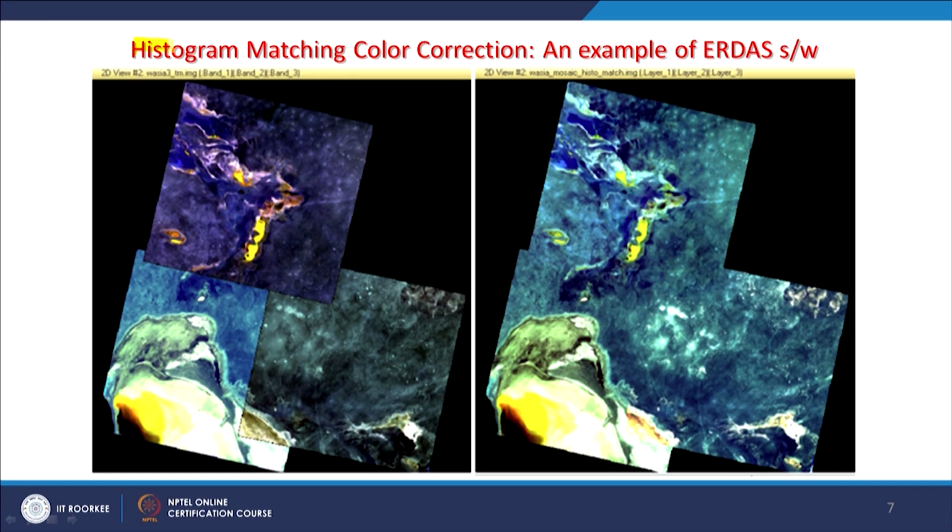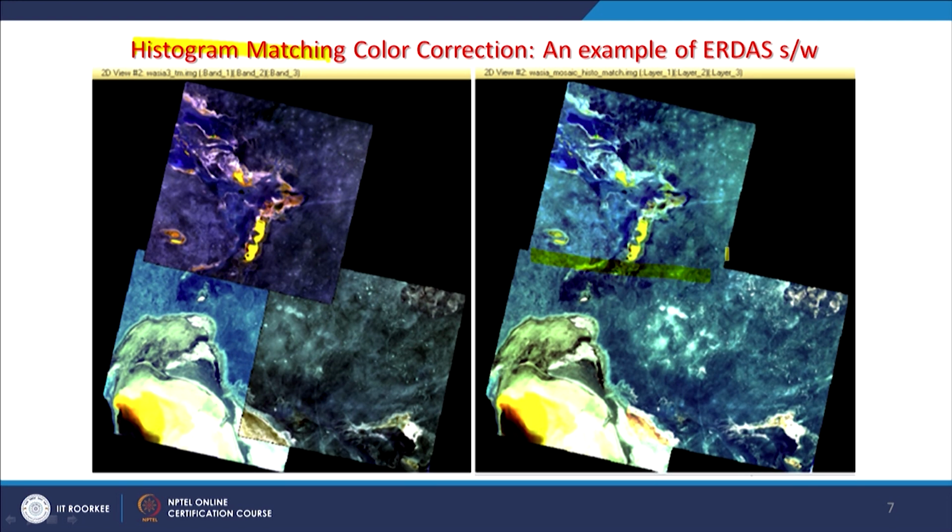So, the technique here is histogram matching, and that is why when we started discussing digital image processing of satellite data, we started with the histogram. The histogram becomes very important in almost all processing of remote sensing data. So, here the histograms of all these three scenes, which have different spectral characteristics, have been combined by the histogram matching technique, and then you do not see any seam in between.